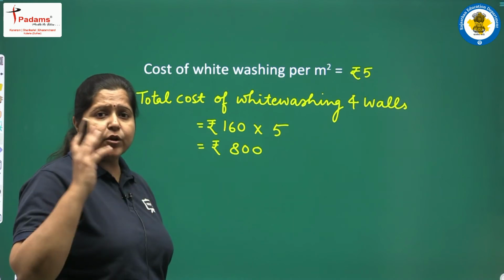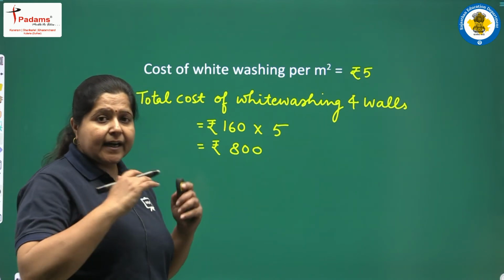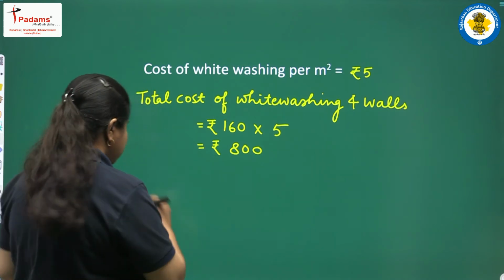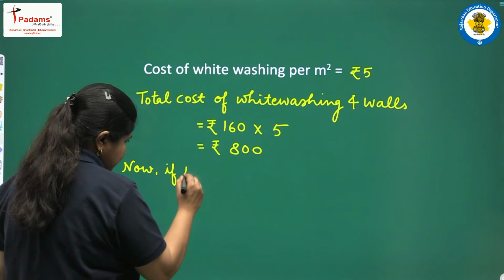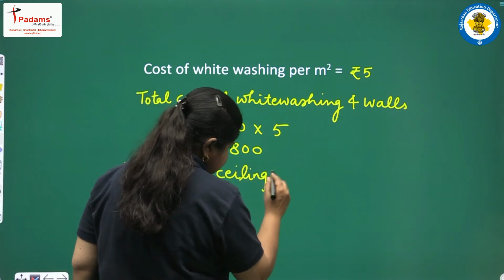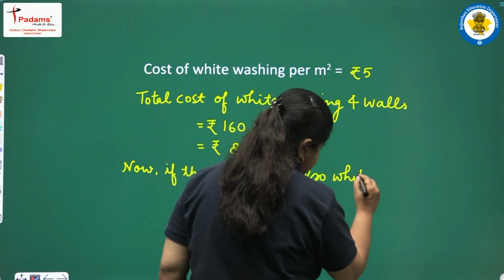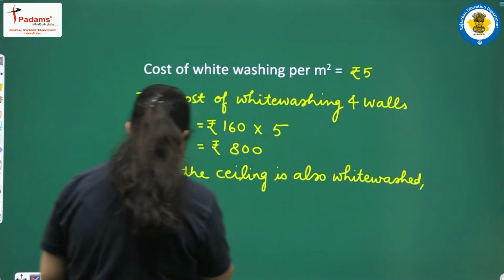Now if the ceiling is also whitewashed, for this we will have to first find the area of the ceiling. अगर ceiling को भी whitewash करना है तो पहले हमें उसका area निकालना होगा. तो हम यहाँ लिखते हैं now if the ceiling is also whitewashed, then